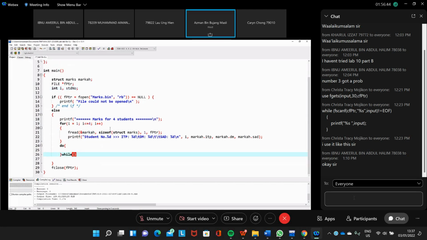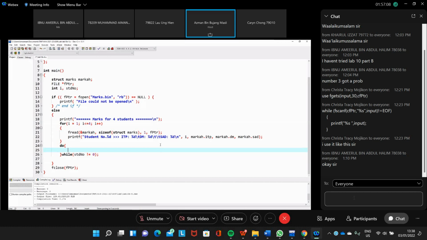So while student number is not equal to 0, 0 to quit, we allow the user to enter the student number that they wish to display.